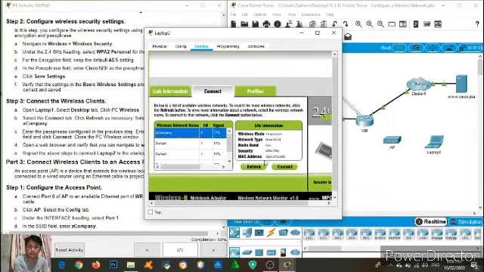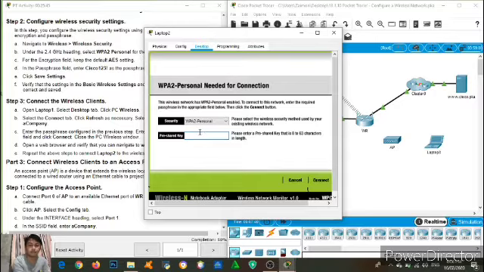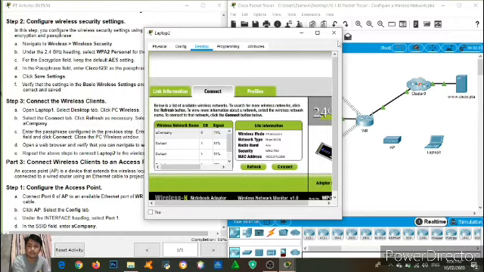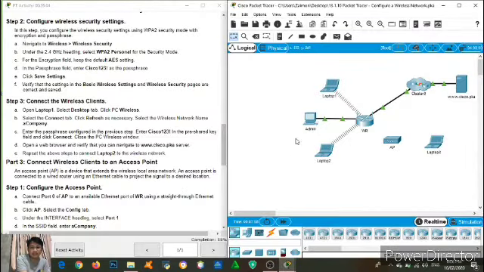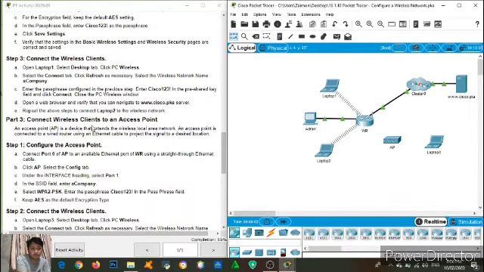So here is the network, A Company, connect. I'm going to type again the passphrase, it is exclamation point, connect. Let's check. It is connected now. And the next thing that we will do, we're going to go to the part Reconnect Wireless Clients